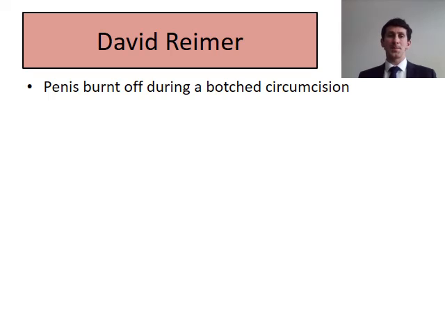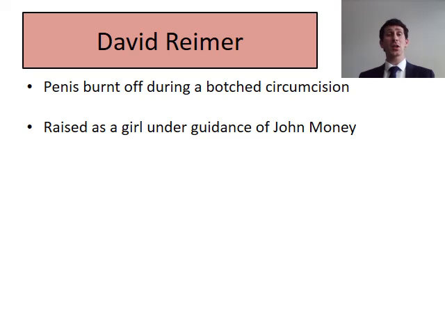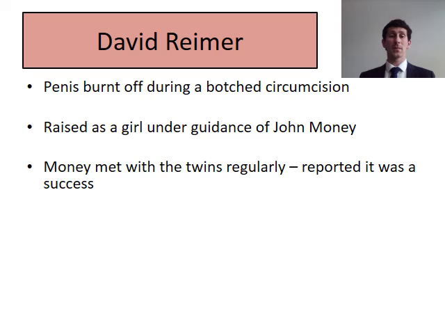David Reimer's case study. David was a small boy born as a twin who had his penis burnt off during a botched circumcision. And he was raised as a girl under the guidance of John Money. The parents turned to John Money. They had this boy born with a penis that had now been burnt off and didn't know what to do, but John Money's theory of neutrality said that we can raise this child and socialise it to be feminine. John Money met with the twins regularly, David Reimer and his twin brother, and reported the